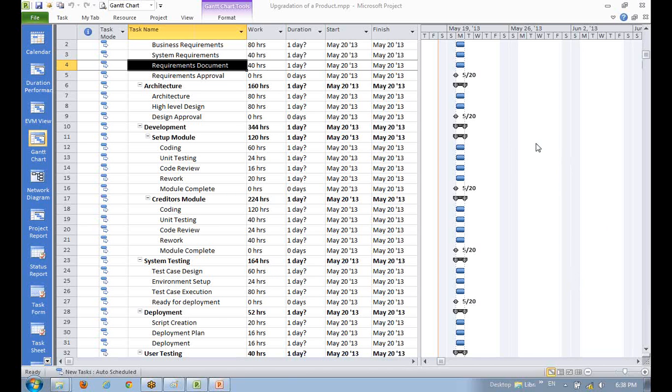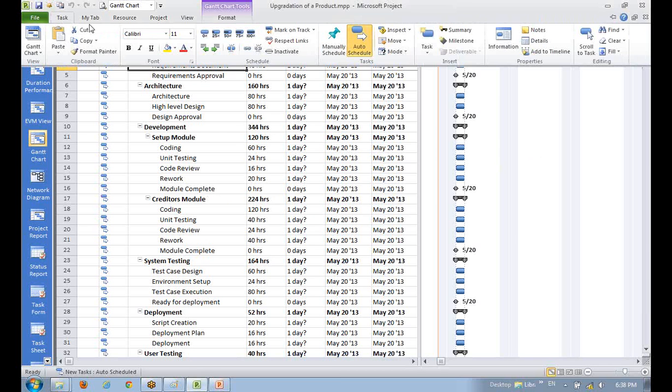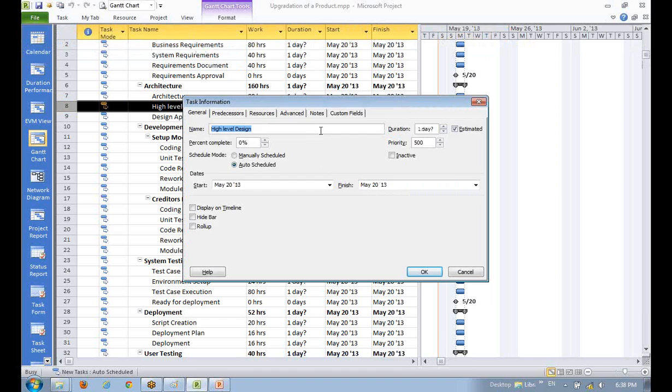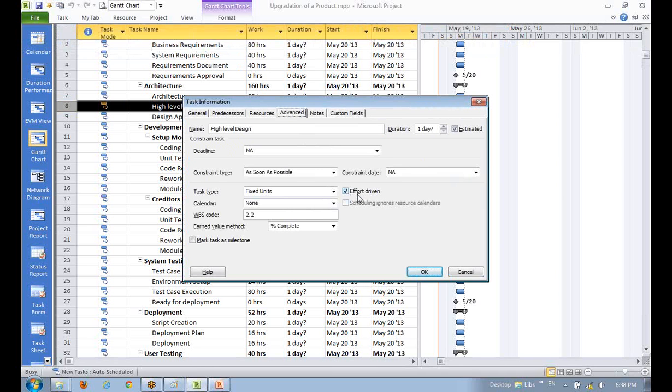When we were changing the checkbox in task information, so what is the implication of using that checkbox?